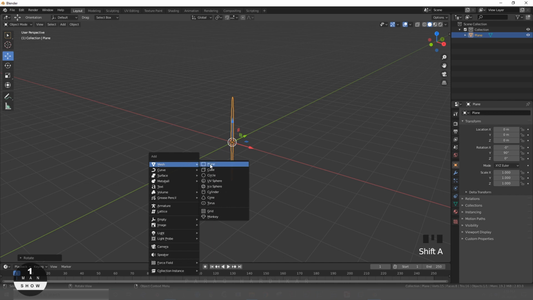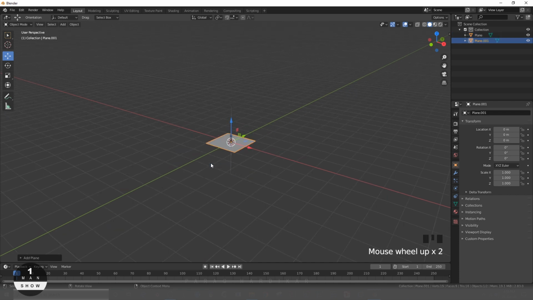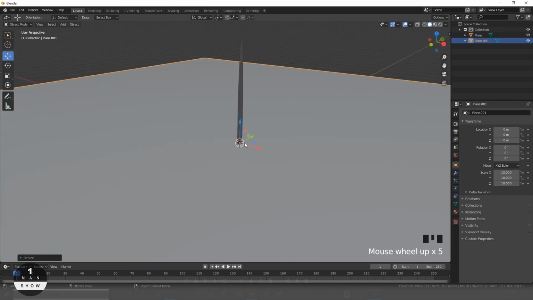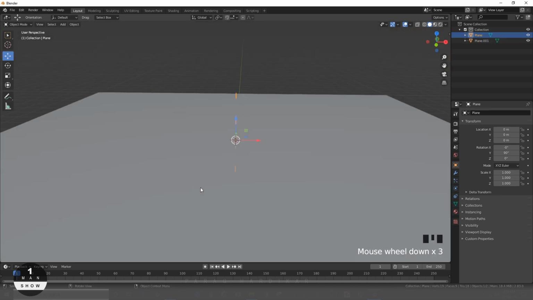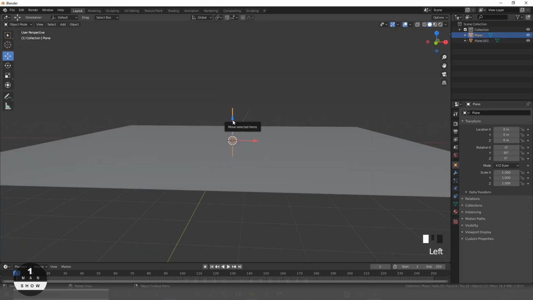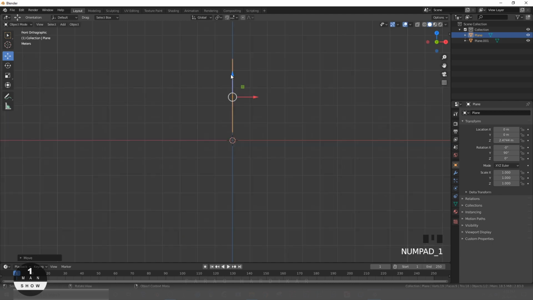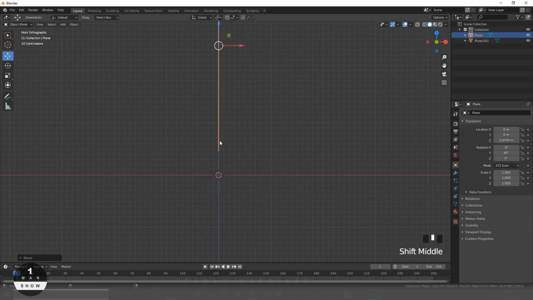Let's add ground plane. I am pressing 1 on numpad for front view, and let's place this grass above the ground.